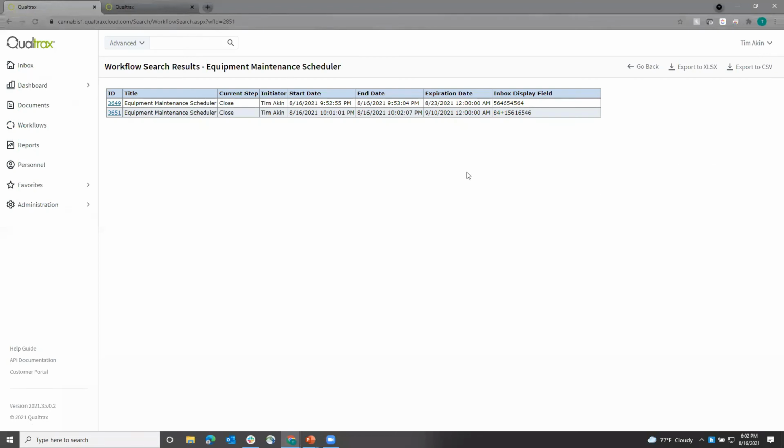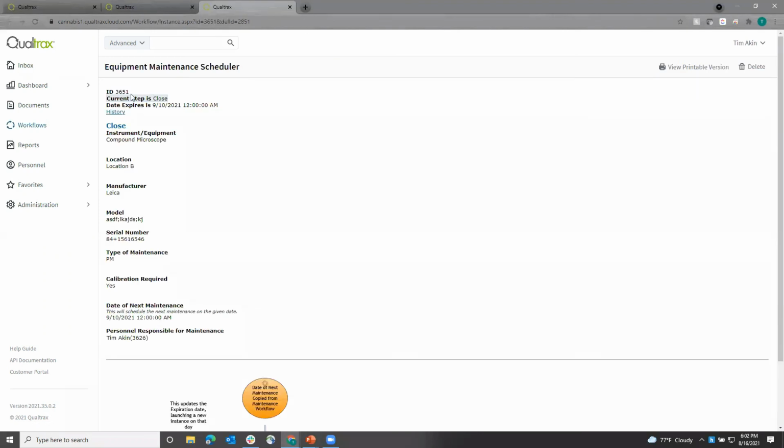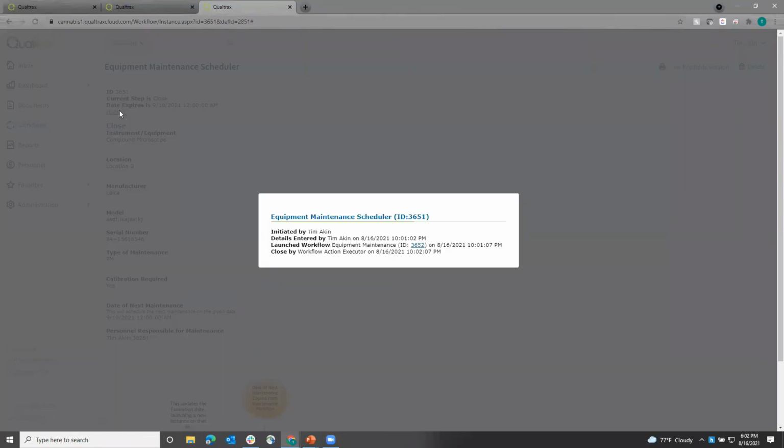Yeah. So if we look again at these instances, we can see that the scheduler is set to expire now on 9/10, and this happened behind the scenes. This would have been blank at the beginning, but the data copier happened pretty much immediately in the child workflow here, and we can just open this to look at it. But in the main workflow where we entered our data, it is now closed because that whole instance was entered and closed out of the scheduler. The launched one